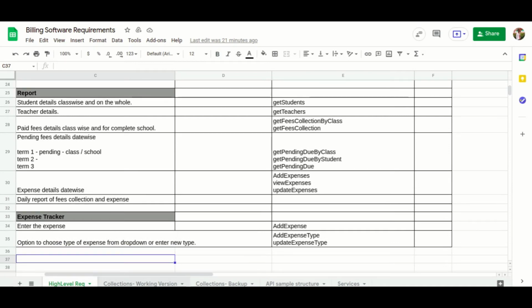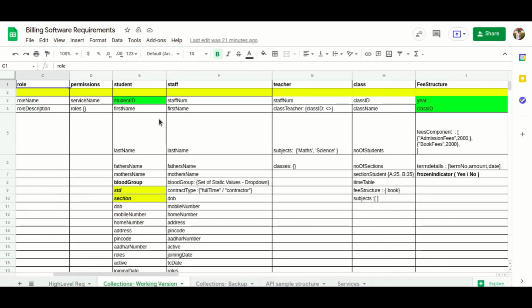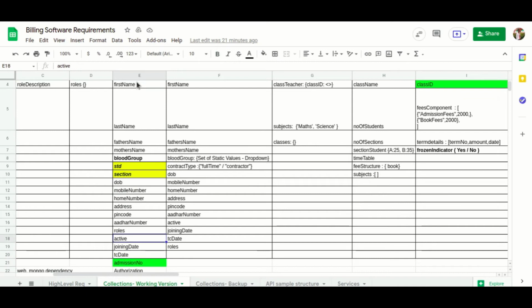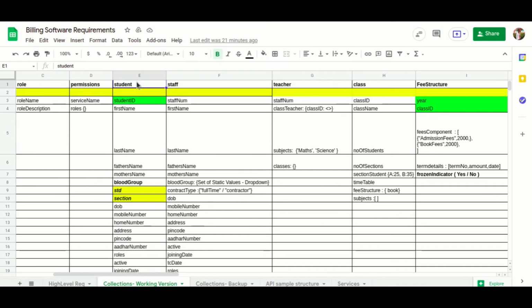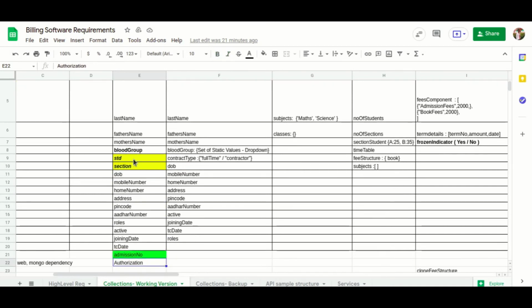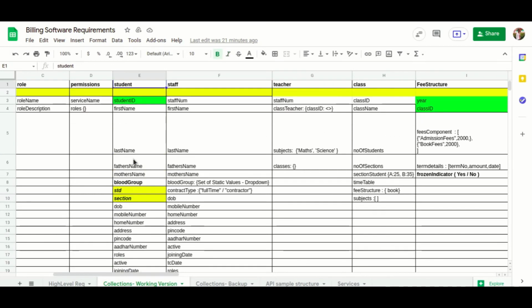Next, let's move on to the low level requirement. Let's take the student collection, we have a list of details, right? This is called a field. We need the student ID field, first name, last name, father's name. Like that we are making some details about the student and maintaining the student collection.